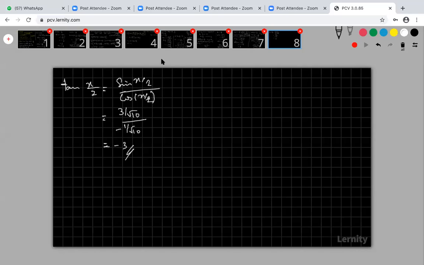Look at this kind of problem. The next problem is prove that, or show that, 2 cos pi by 13 cos 9 pi by 13 plus cos 3 pi by 13 plus cos 5 pi by 13 is equal to 0.